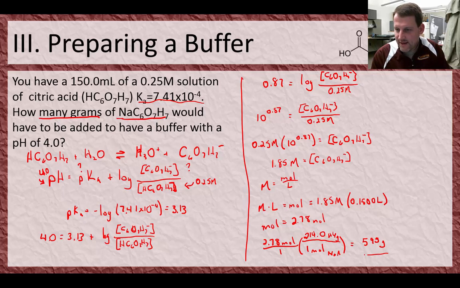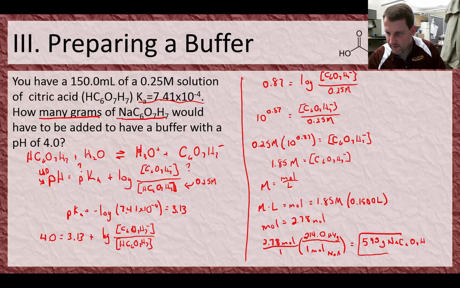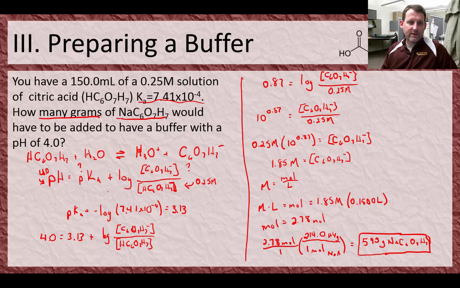Now, this illustrates grams of NaC6H7O7. So this illustrates a really important point. The normal pH of this solution, the maximum pH of this solution, would be 3.13. To drive that pH of 3.13 up to a 4.0 requires an enormous amount of dissolved solid. It seems unlikely that we'd even be able to get 600 grams of this to dissolve in 150 milliliters of